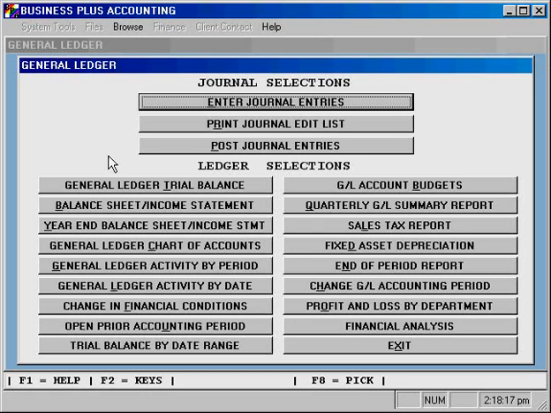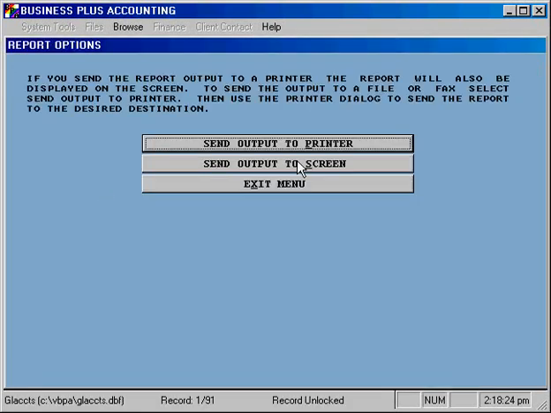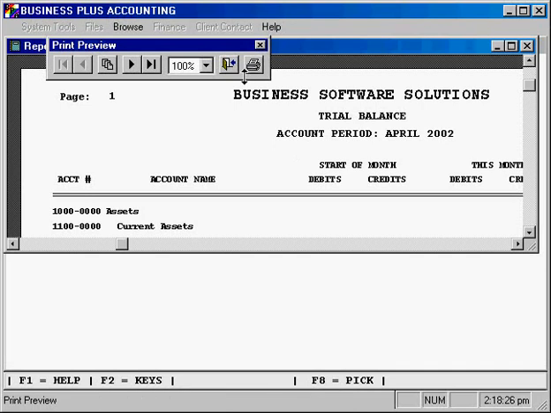Let's look at some of the financial reporting that's available in the General Ledgers module. We'll just start at the beginning and look at the General Ledger trial balance. The trial balance will show you